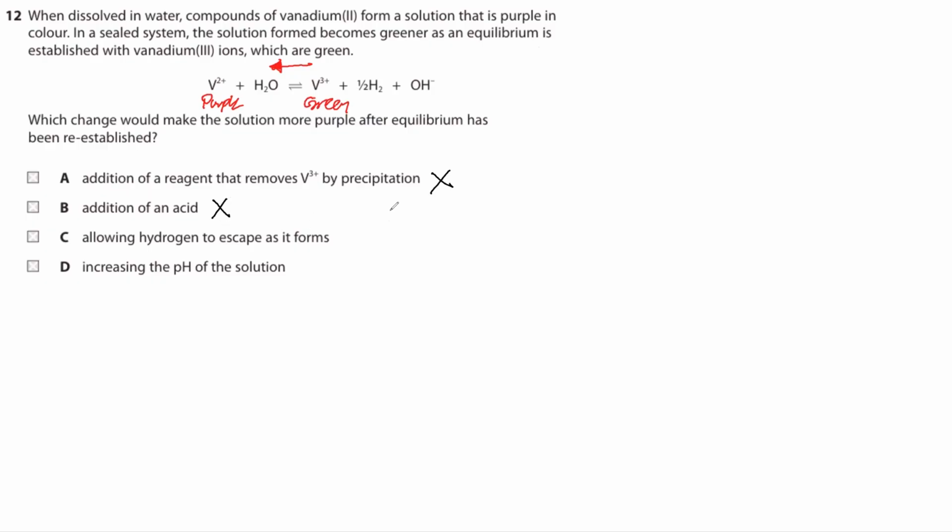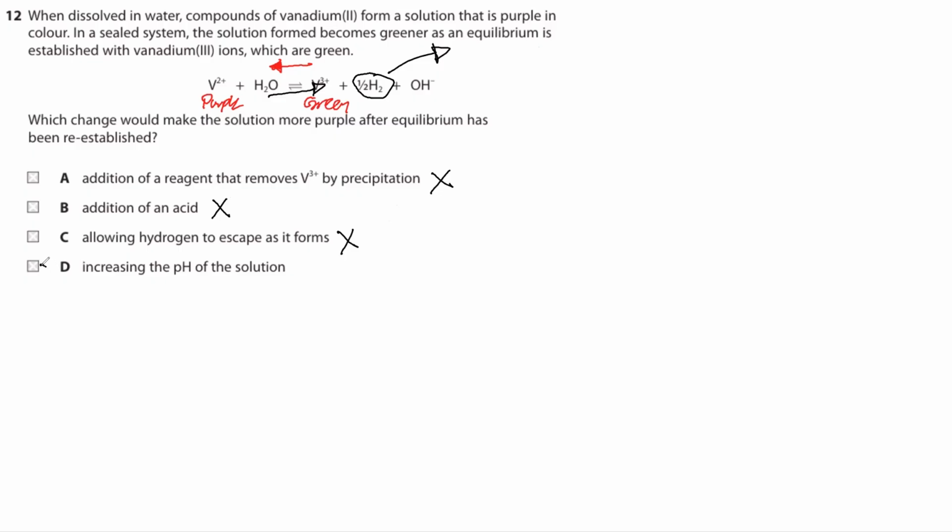Allowing a hydrogen to escape as acid form. Hydrogen leaving the system means again the equilibrium will try to produce more hydrogen, shifting the equilibrium right hand side. Okay, that means you get more green color, not more purple. If A is not our answer, B is not our answer, C is not our answer,